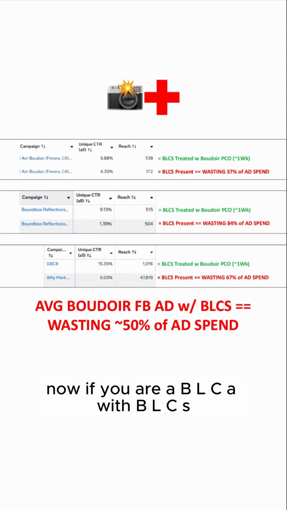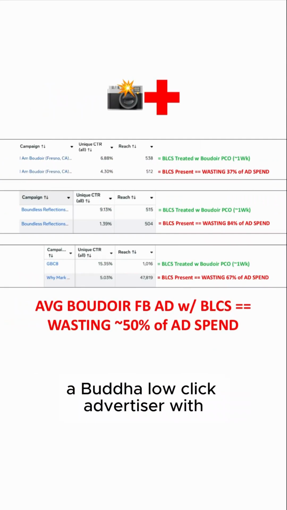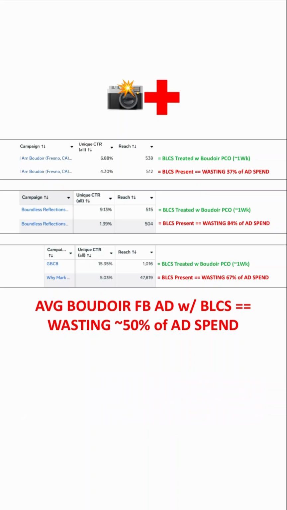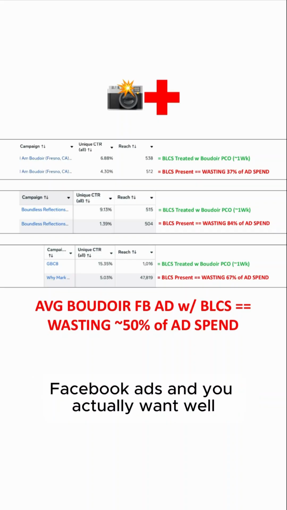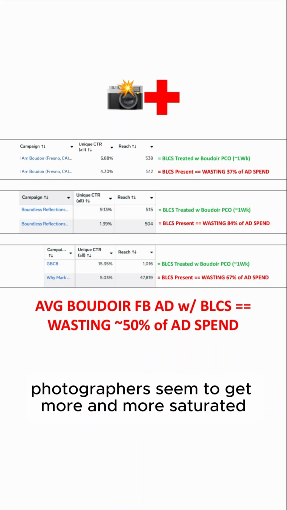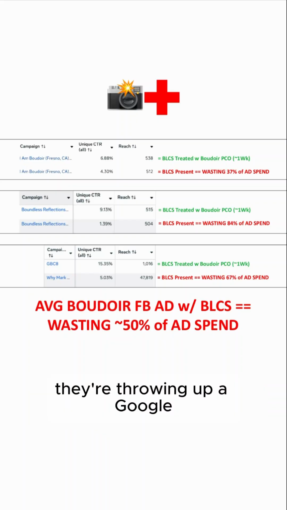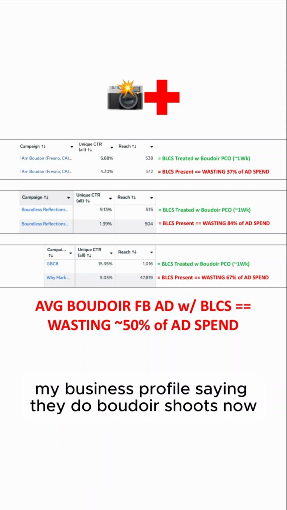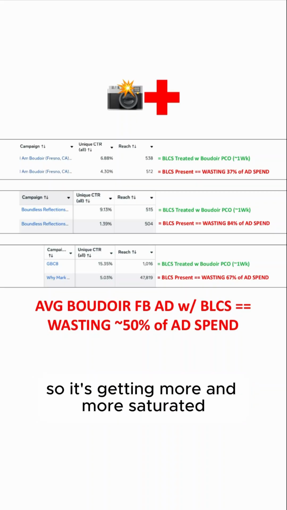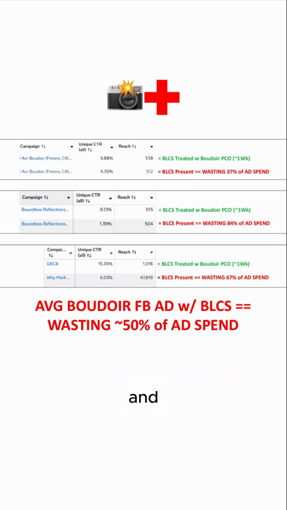Now, if you are a BLCA with BLCS, a Boudoir low click advertiser with Boudoir low click syndrome, your Boudoir Facebook ads have a unique CTR under 6%, and you spend more than 10 grand a month on Boudoir Facebook ads, and you've looked at the market and see it getting more and more saturated for boudoir photographers. Every time someone gets a new iPhone, they're throwing up a Google My Business profile saying they do boudoir shoots now, or they get a new camera and they're posting in the mom groups saying they do boudoir shoots now. So it's getting more and more saturated,